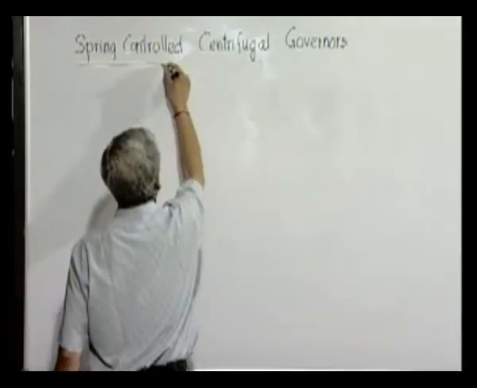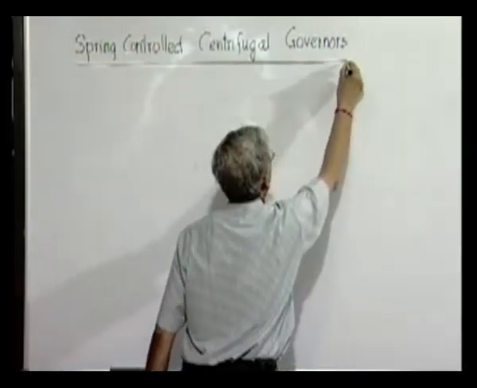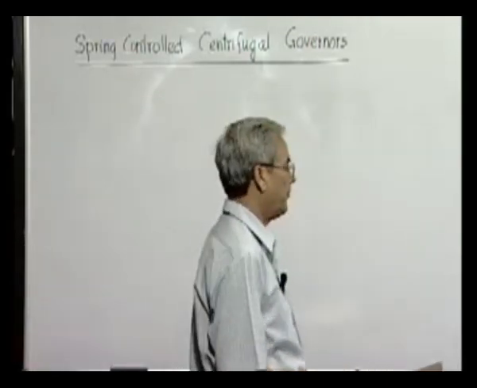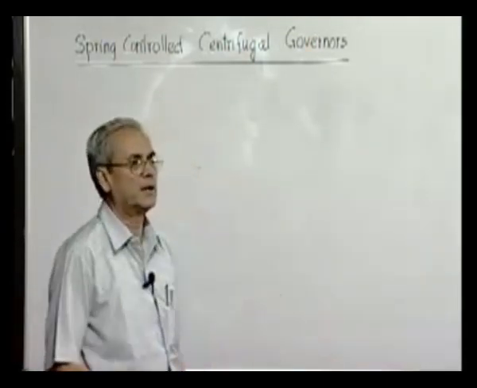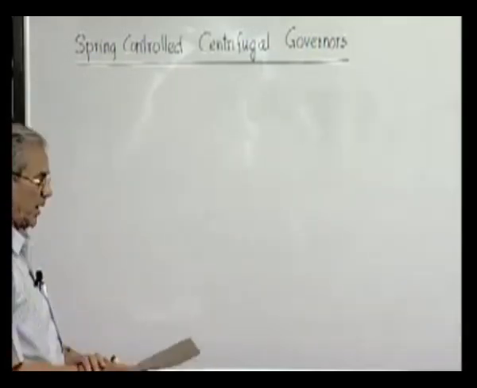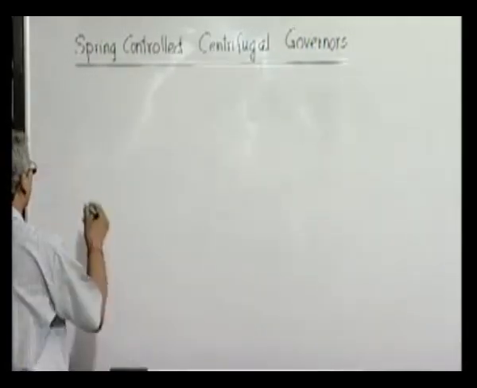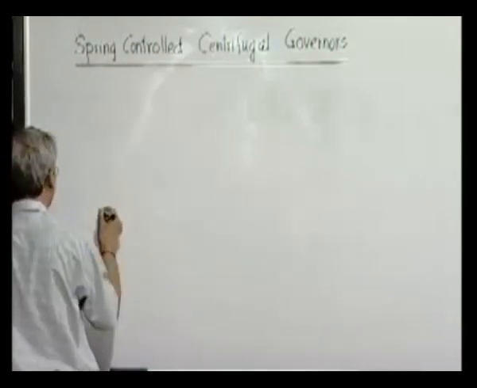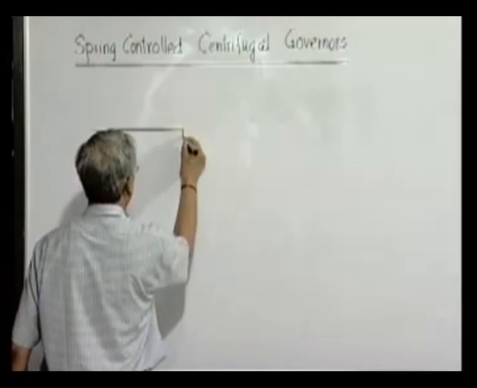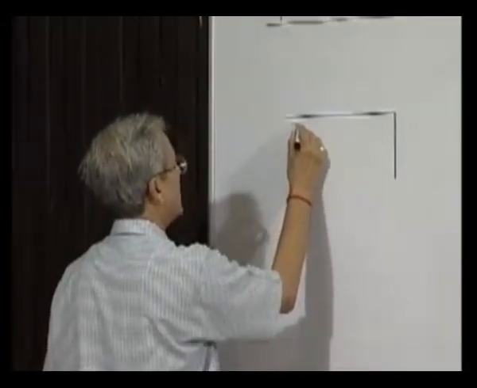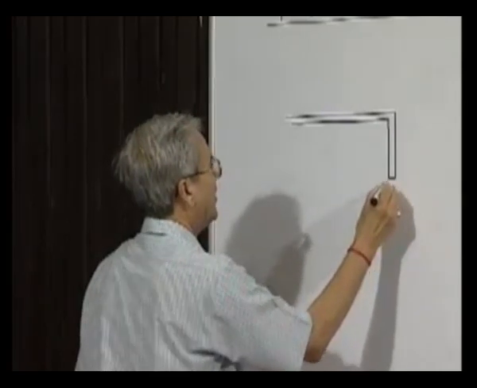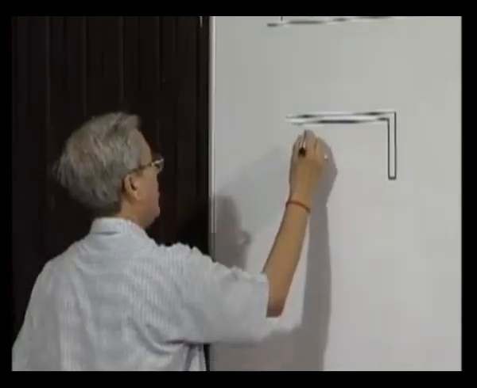So, this class of governors also operate on the basis of the deflecting force, which is nothing but the centrifugal force, but which are controlled predominantly by springs. There are two types of governors which are commonly used. The basic sketch representing this, I will draw only one half of the